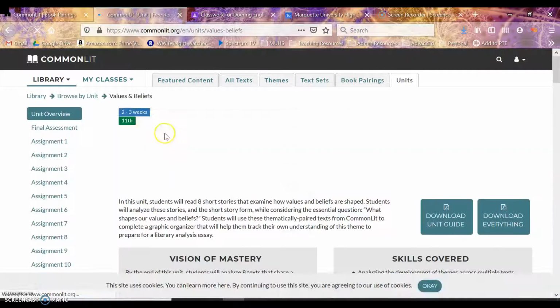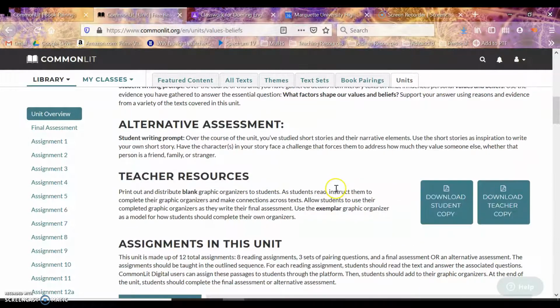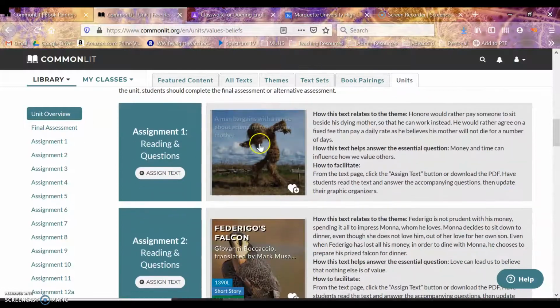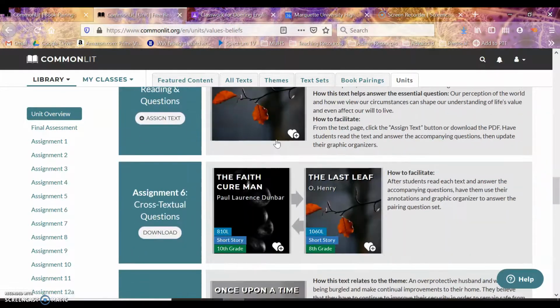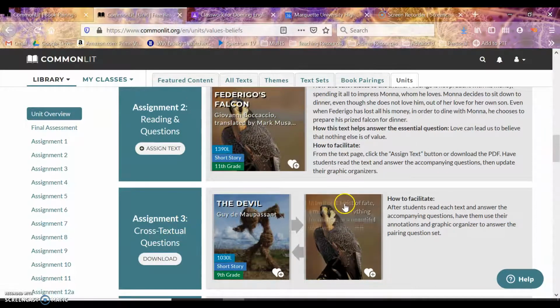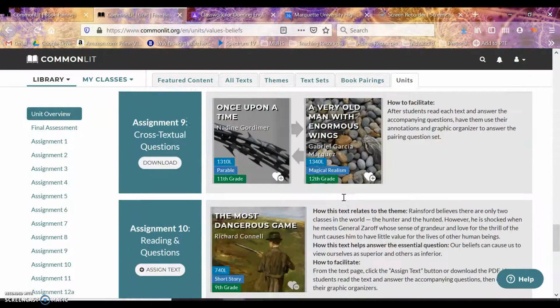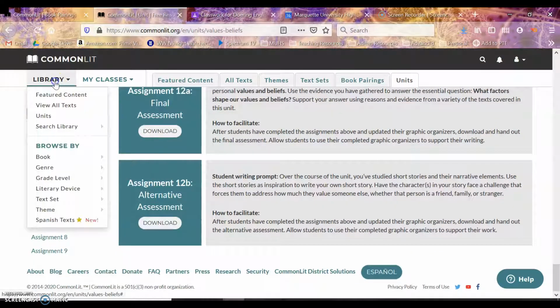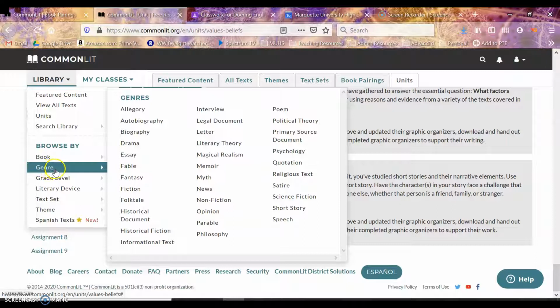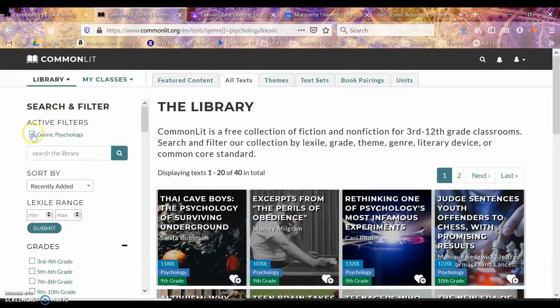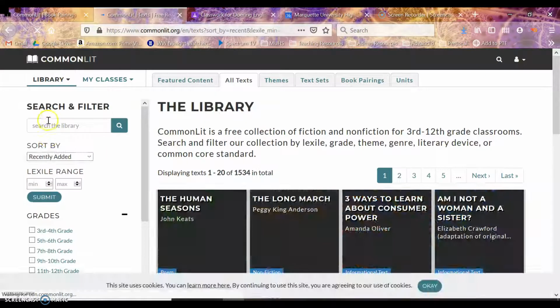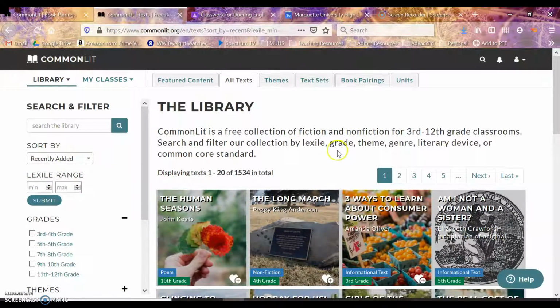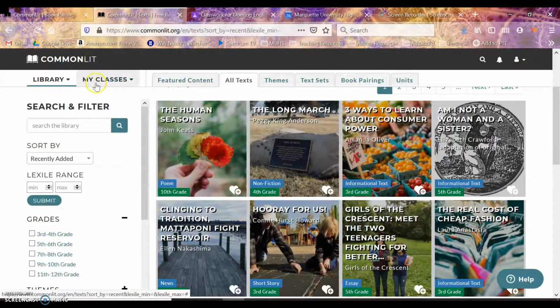And when you look in there, you can see that what they've done is brought a whole bunch of texts together. So you can scroll down here and see they've put this entire unit together. They have dual texts, cross-textual questions, just a really rich set of readings all around a theme. So lots of different ways to use this. And again, the types of texts, the different genres that are available here, they have psychology texts, they have primary source documents. There are just a bunch of different kinds of texts here. So I think something that would be useful for many different disciplines,